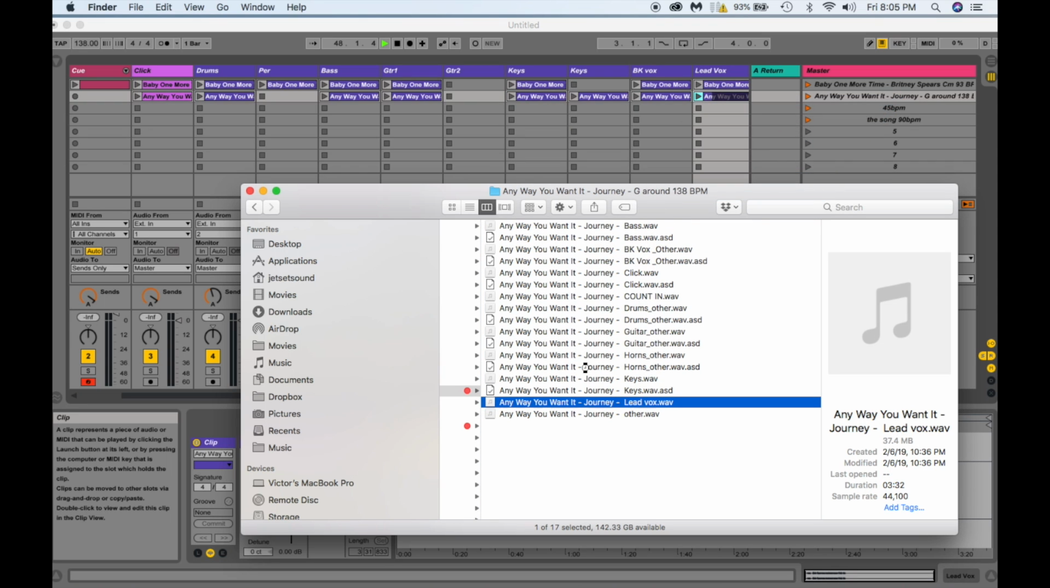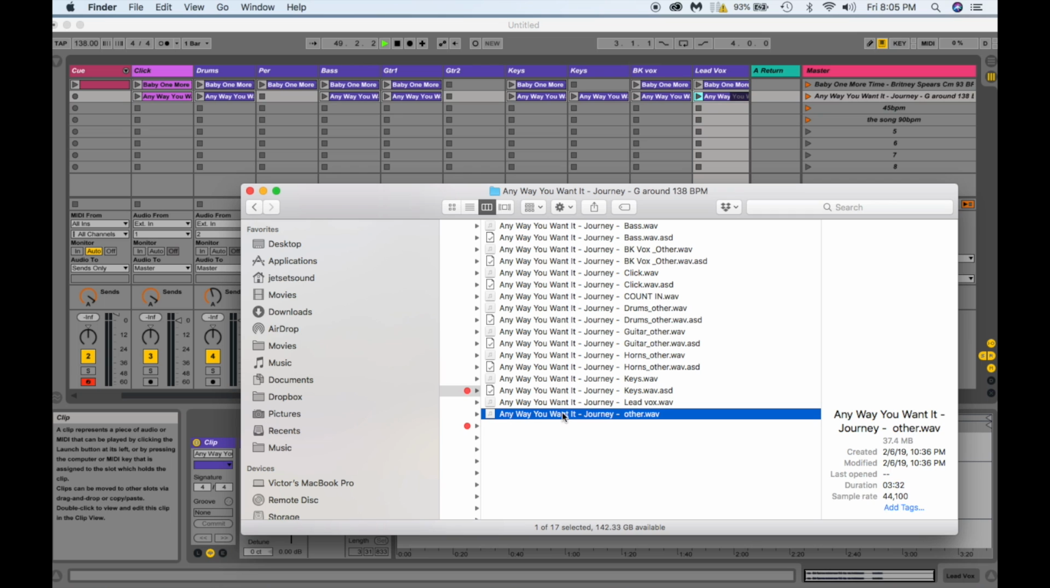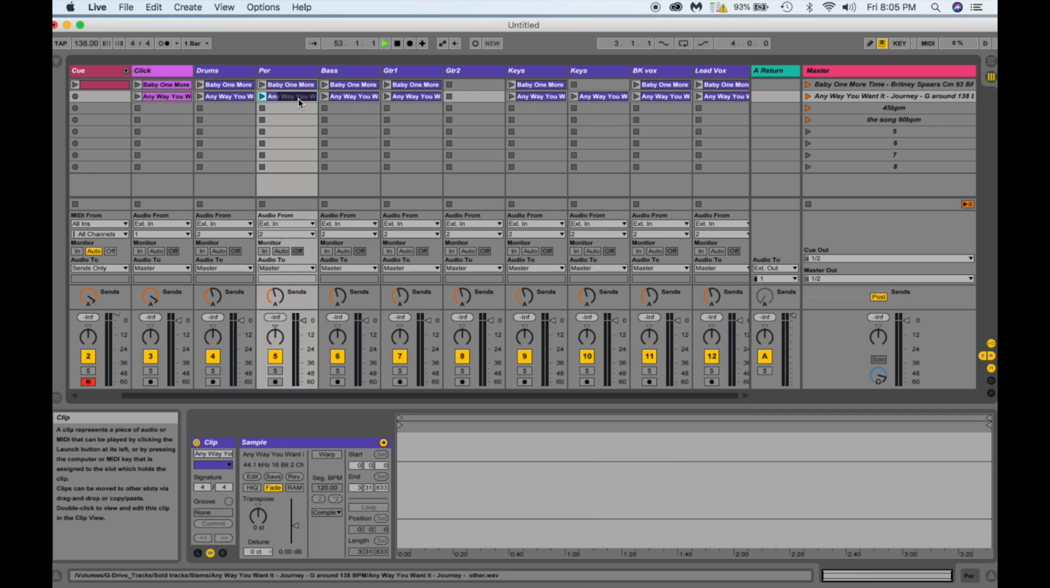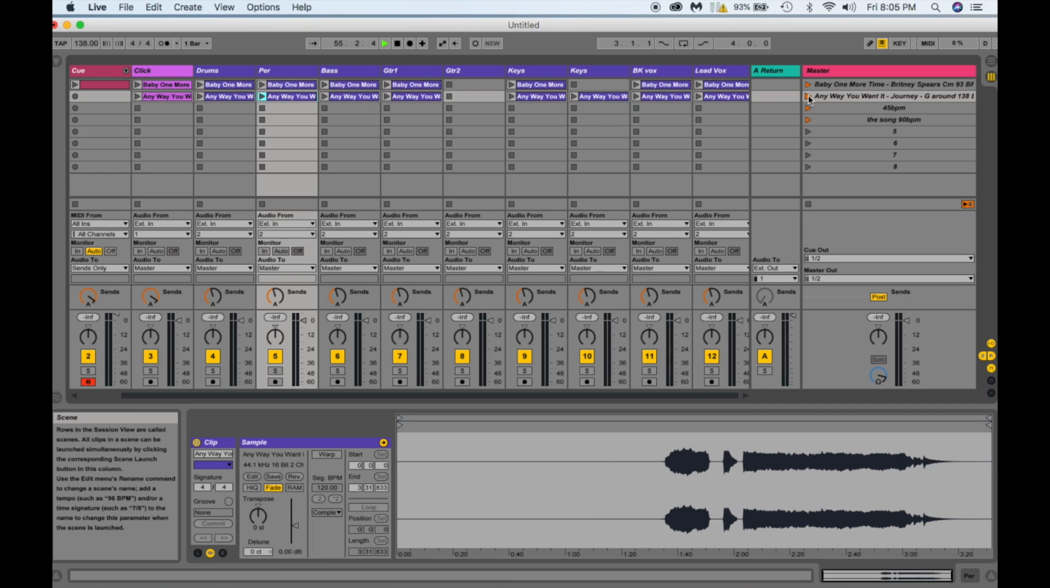Lead vocals. And other. So I'm just going to drop this other, which I have no idea what it is, over here in percussion. Alright, so now if we play that, of course it'll all line up fine because I've already done this one, but we're going to make it so it's not like it. But if I click on it,